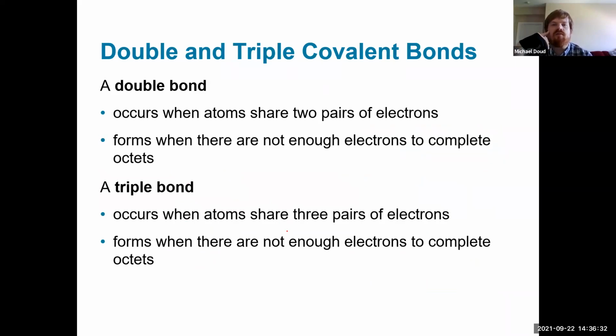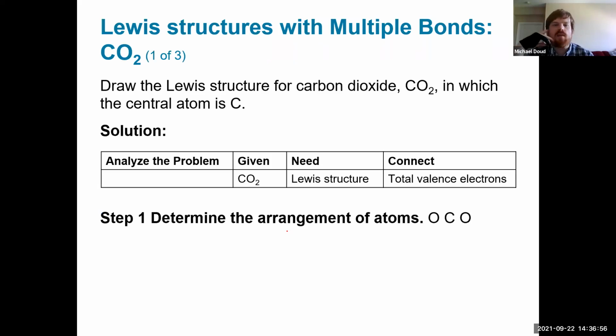There's also cases that would involve a double bond. And this is going to occur when atoms share 2 pairs of electrons. And they're going to form when there's not enough electrons to complete the octets for the atoms. A triple bond occurs, again, when atoms share 3 pairs of electrons. And that is going to form again when there's not enough electrons to complete the octets otherwise. Okay, so let's go ahead and